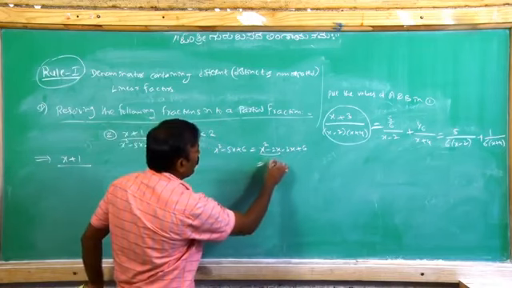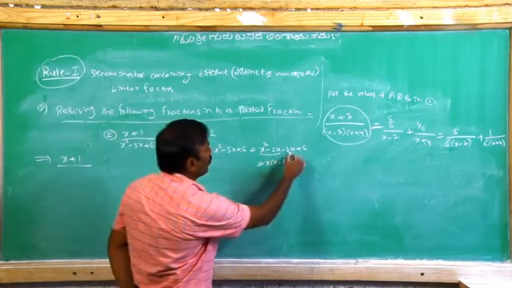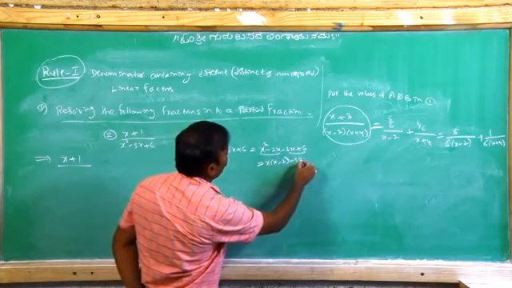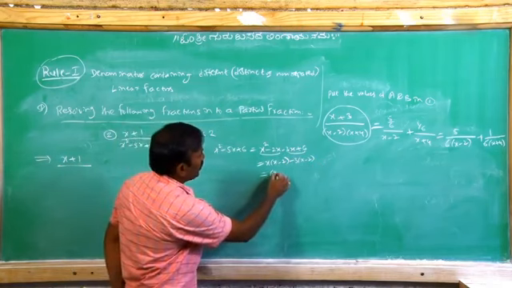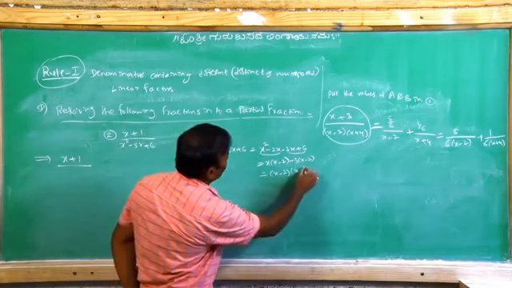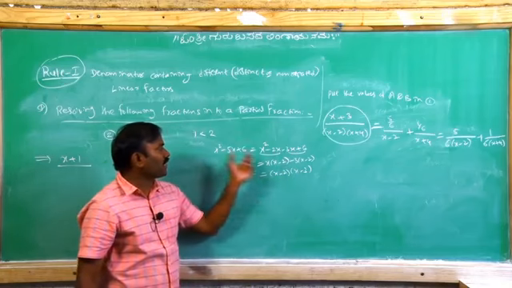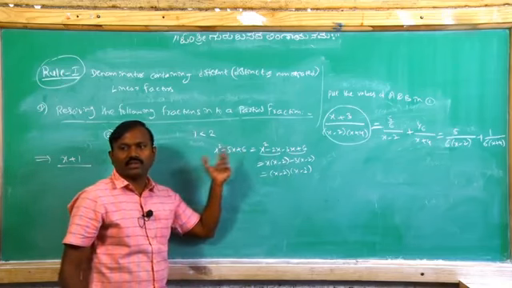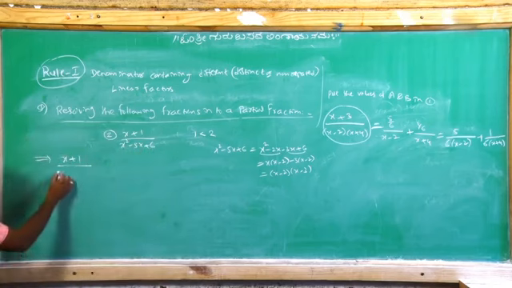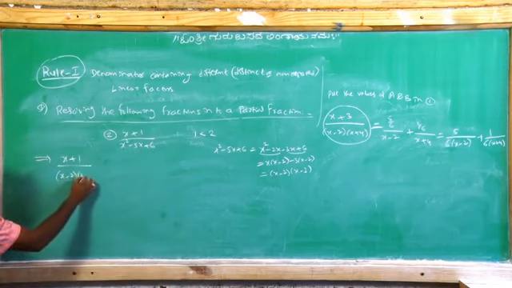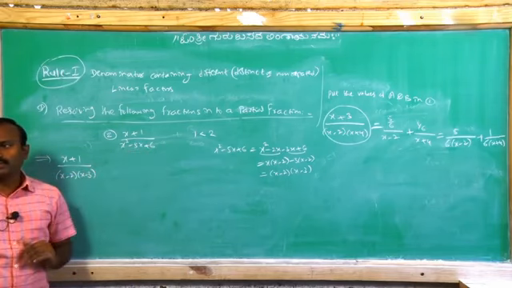For the first two terms, x common in the bracket gives x minus 2. For the last two terms, minus 3 common in the bracket gives x minus 2. So the right side is x minus 2 into x minus 3. When we multiply x minus 2 by x minus 3, we get x square minus 5x plus 6. So x minus 2 and x minus 3 are the factors of x square minus 5x plus 6.